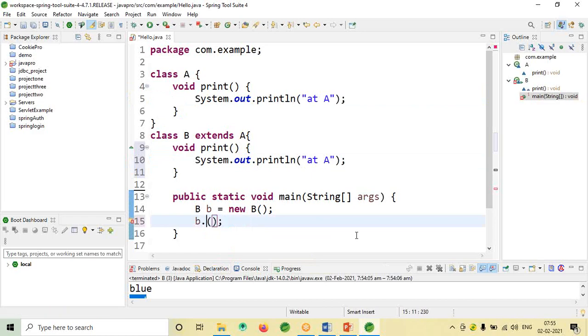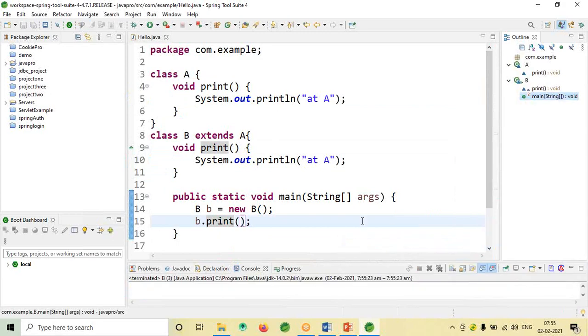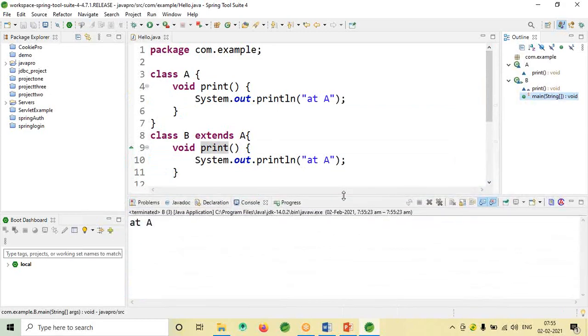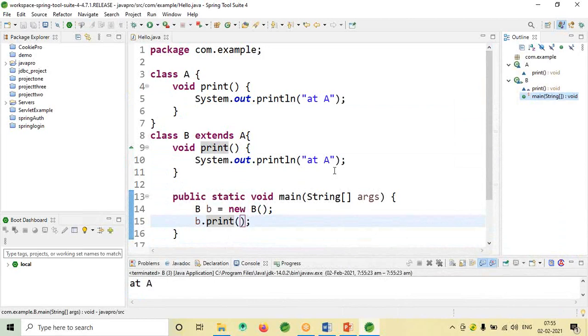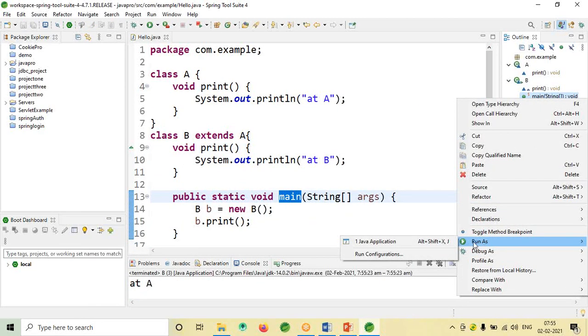So now here if I use b dot print, see, when I run this program, both of them are displaying A only. Oh yeah, right, I have to change to B, right? Yeah, thanks. So now when I run this program,